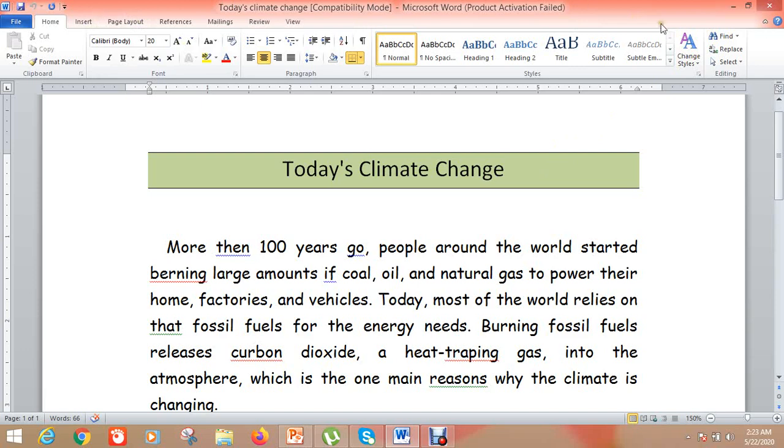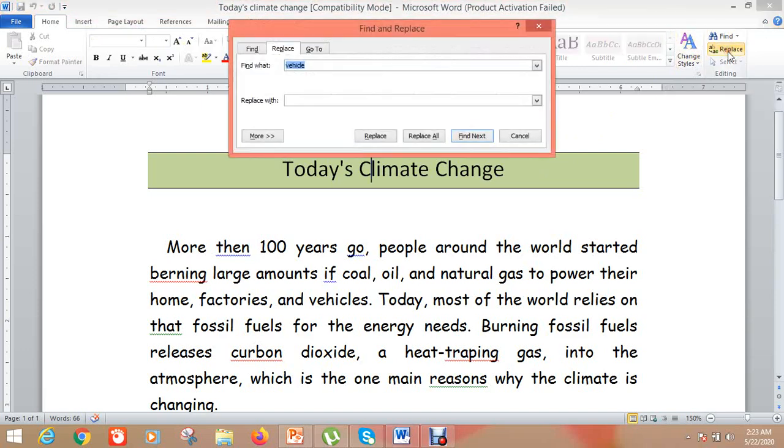I will go to the home tab, then go to replace, select that and find climate, and then replace with. In this box you have to write down the word which you want to use instead of the previous one. So I want to replace it with weather. Now there are different options.